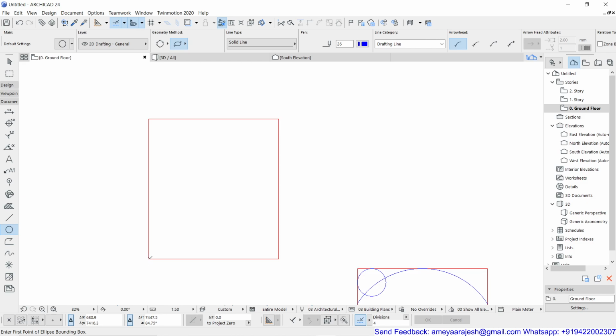So use the check mark and then pick the point that becomes my first corner of the bounding box, and now it is written complete ellipse bounding box. So what I have to do, if I keep dragging my mouse, you can see how the ellipse is getting constructed. Obviously, it is not worth trying for the square because that will construct a circle.